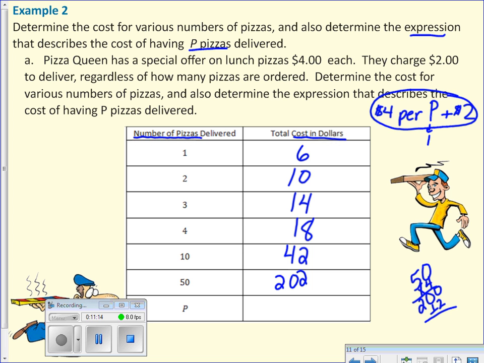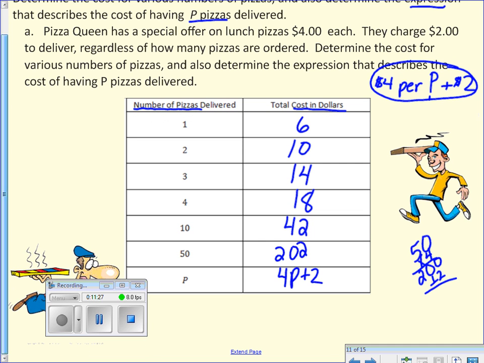So what is the formula that we came up with? Per is what operation? Multiplication. So how could I say that? 4p plus 2. Because it's $4 per pie plus the $2 fee. So instead of filling in this table, we could have just done our formula, plugged it, and solved it. Real quick,